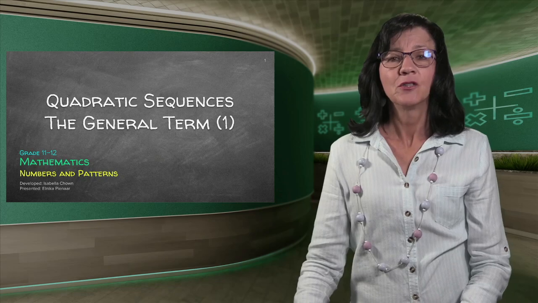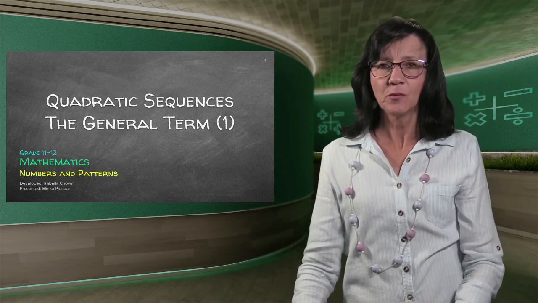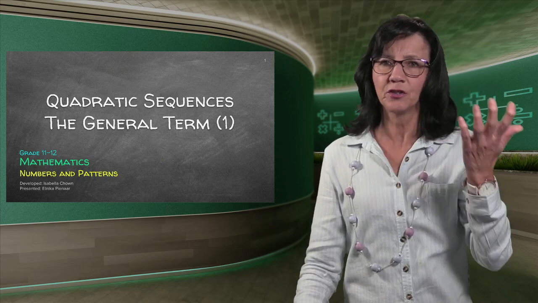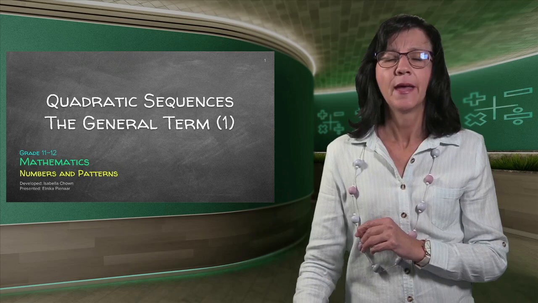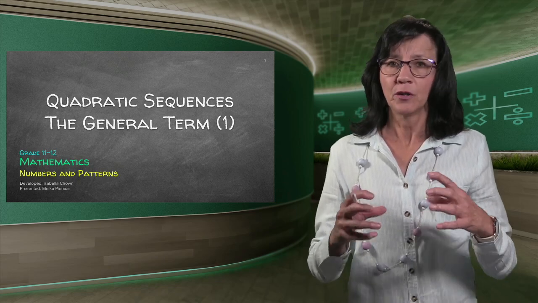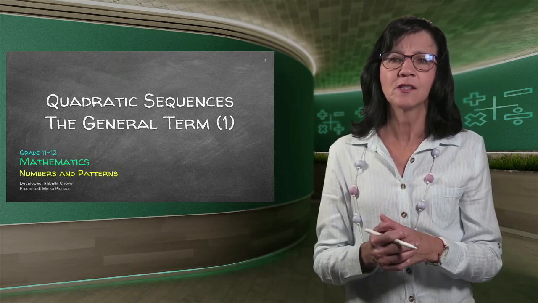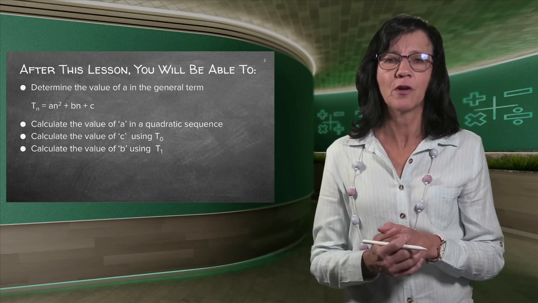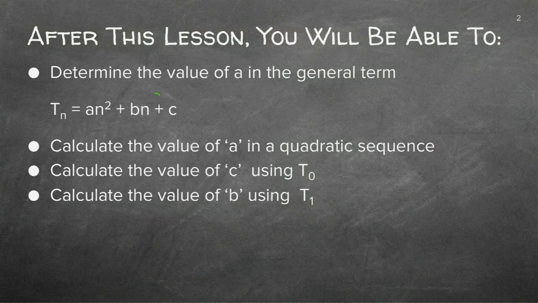Hi guys, today we're going to still do the quadratic sequence. You know by now how it should look, like the normal squarey thing that you're used to in quadratic equations. But now we're going to see, all the things we did in the previous lesson, we're going to now use to find the formula. So if you read through this at your own time, you will see this formula is like a normal quadratic formula, like your parabolas formula. The only difference, there's now n's and not x's, but the rest is just the same.